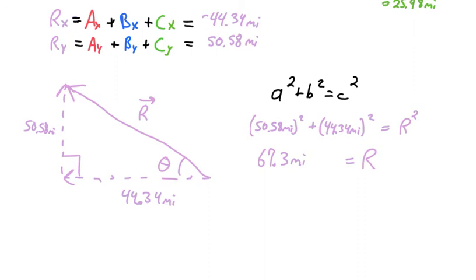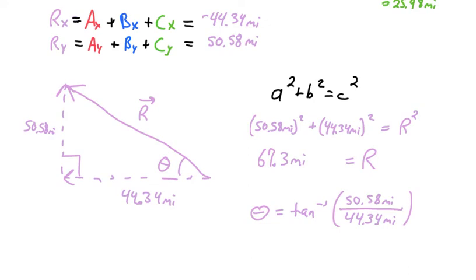We also need to get the direction. We're looking for displacement that has both a magnitude and a direction with it. That's a vector quantity. So in this case, we'll use again the inverse tangent function to find theta, where theta is equal to the inverse tangent of the opposite side, 50.58 miles, over the adjacent side, 44.34 miles, which gives us a value theta equal